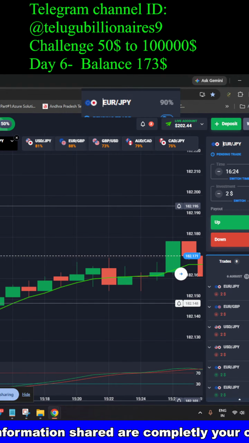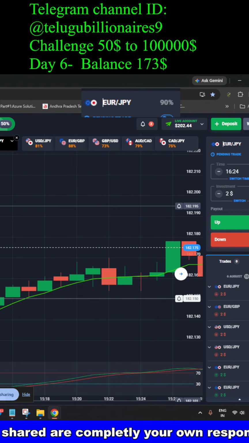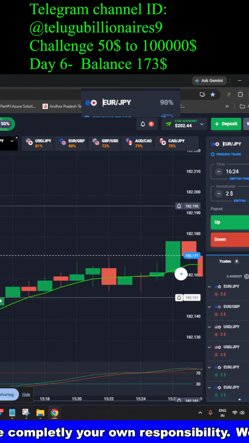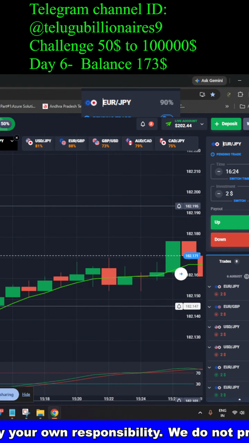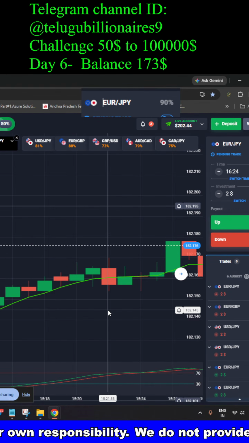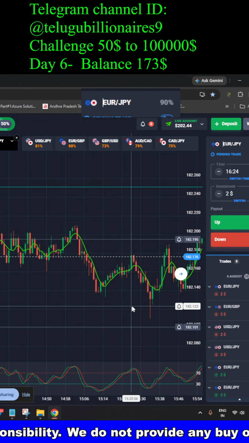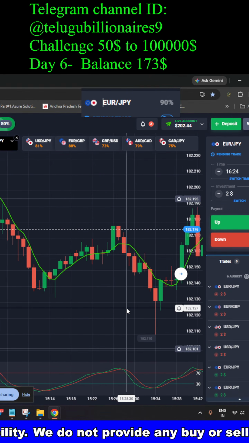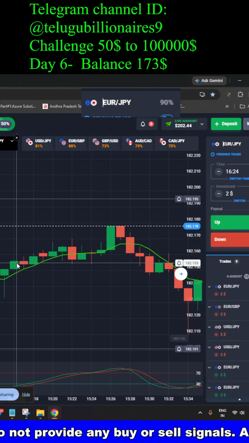What we need to do? I said we need to wait for the same candle, same color. This candle color and break this high also. So what we need to do next candle? We have to go upside with the minor trend. This is not major trend, doesn't matter. In 5 minutes you are looking downside, so no matter. We are looking for minor trend, means small trend, so for the small trend we are going to place only one trade.